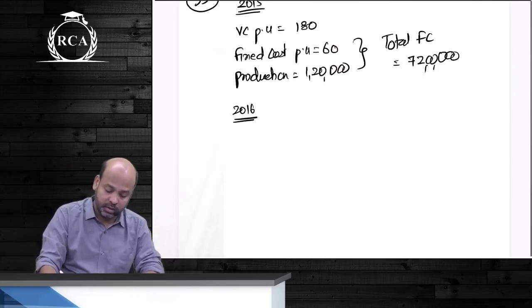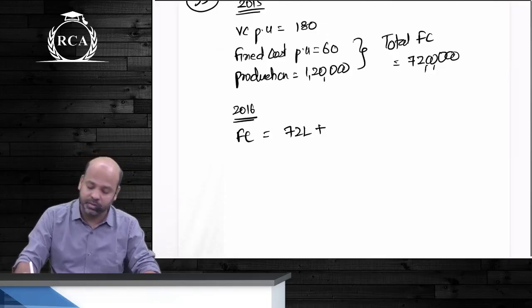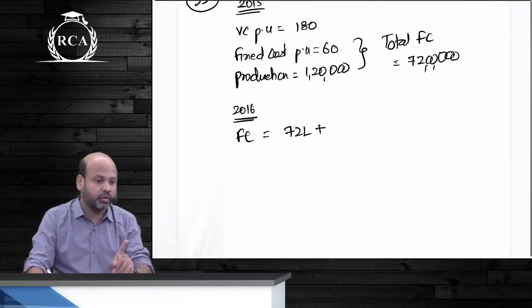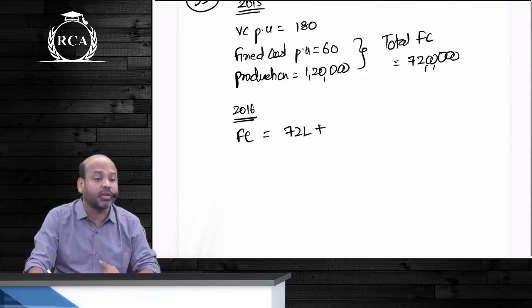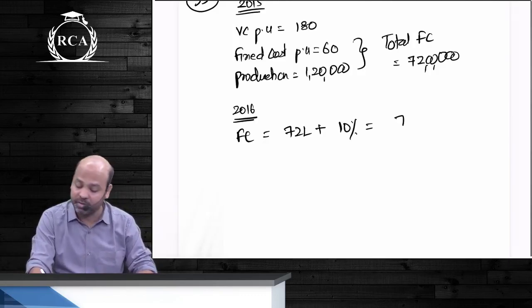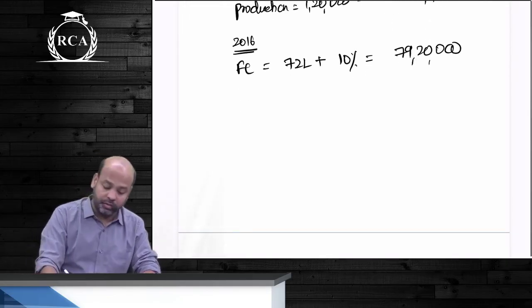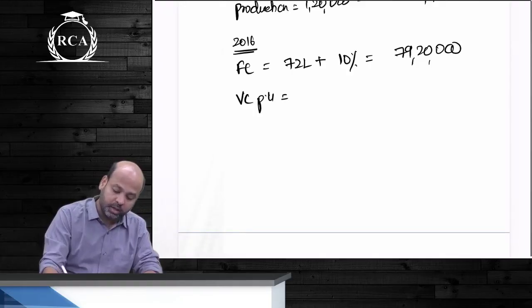2016, guys, your fixed cost, beta, when they give increase, will they give it increase on a per unit basis or a totality basis? Fixed cost is always on a totality basis, variable cost is always on a per unit basis. Fixed cost 72 lakhs plus 10%, beta, 79. Yes or no, guys? Your variable cost per unit in the current year, guys, will be 180 plus 25%, 225, and